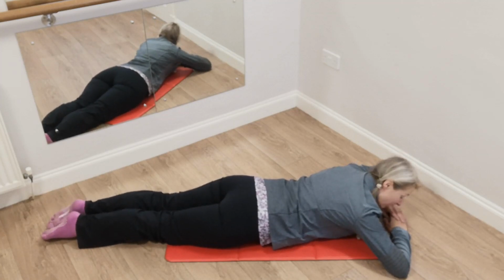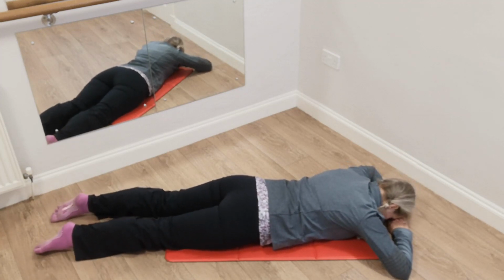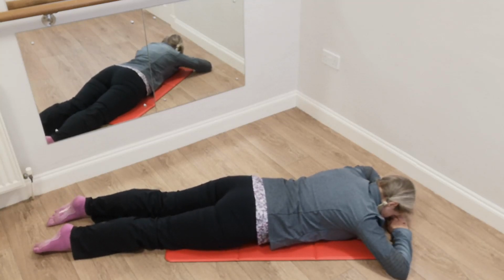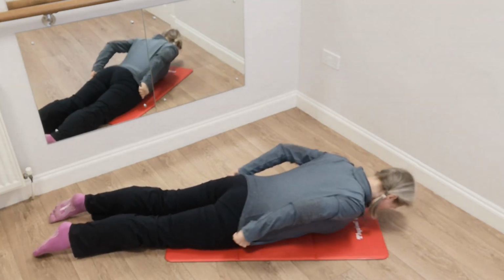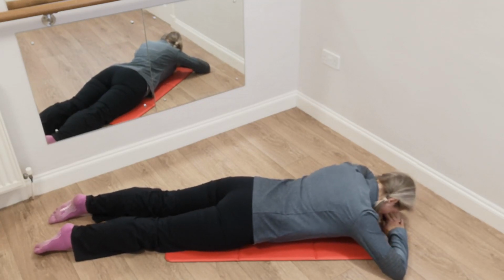We want to find this same length through the spine in this position. So rather than letting the bottom just stick out and let the pubic bone raise up, we're going to make sure that we keep the rib cage and the hips and the pubic bone in alignment here. We draw the shoulders down low into the back, just so you can see the shoulder position there. So the shoulder blades are down low into the back here, the head resting on the hands,